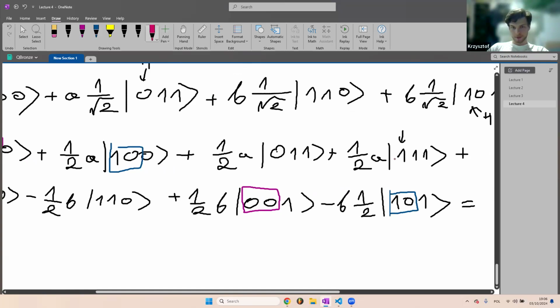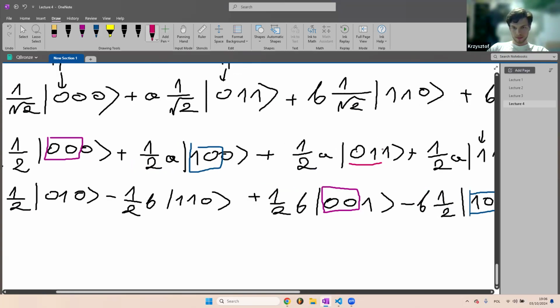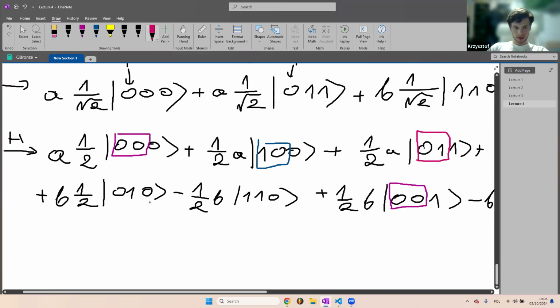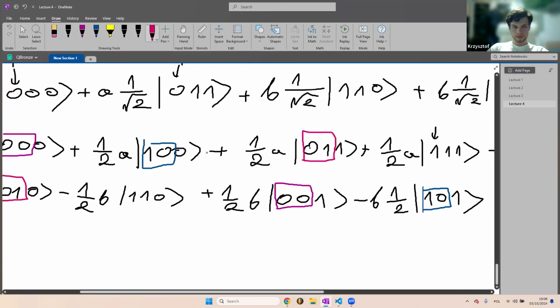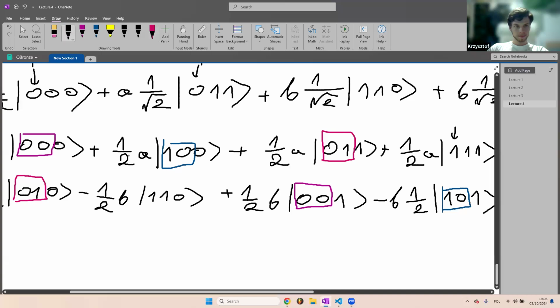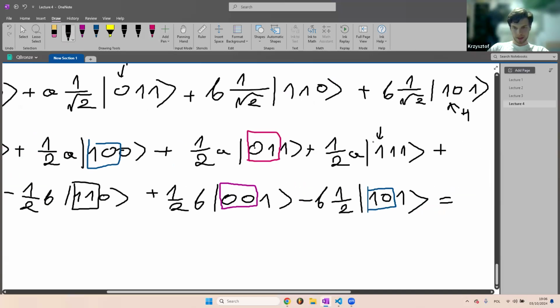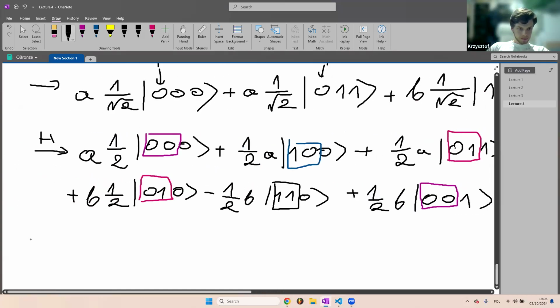Let's match the term 0, 1 somewhere. 0, 1 is here. And 1, 1. 1, 1 was somewhere here. Yes, exactly. So now